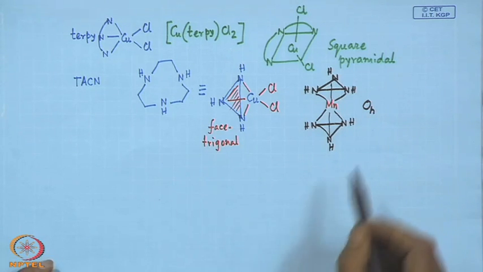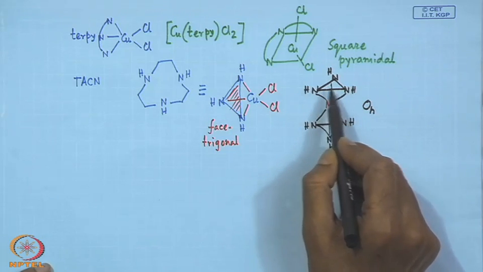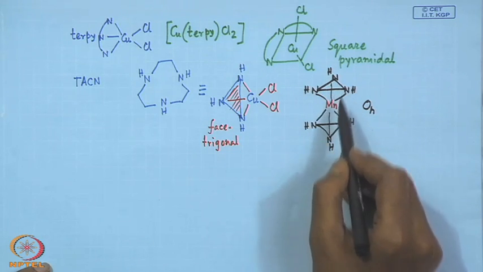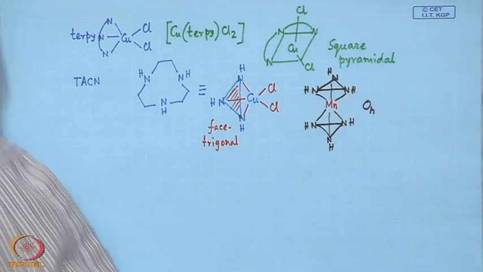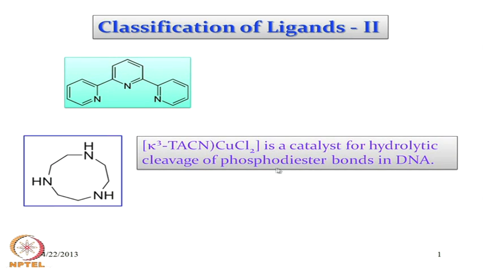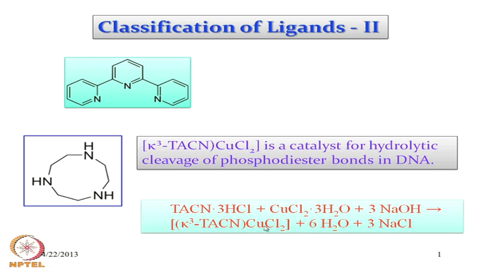But here now both the sides, that means both the trigonal faces are occupied. So, it is basically capped from the top as well as capped from below, and in this particular geometry its reactivity pattern should be less. So, it is showing the esterase activity when it is bound to copper center, and we can prepare it